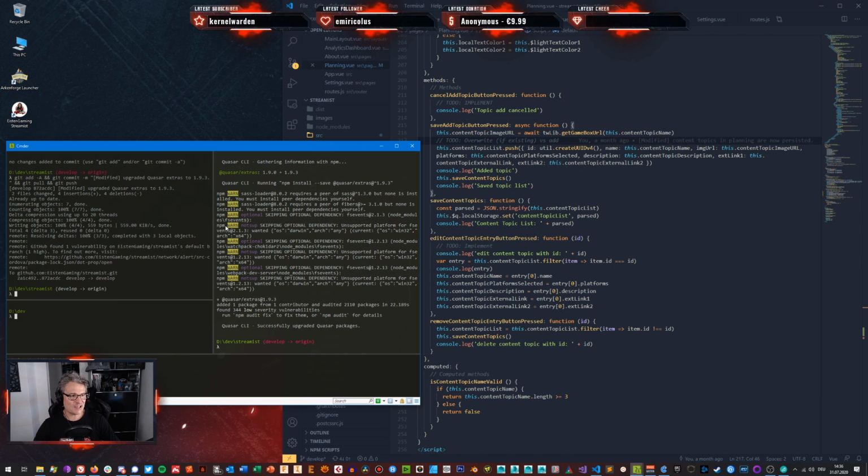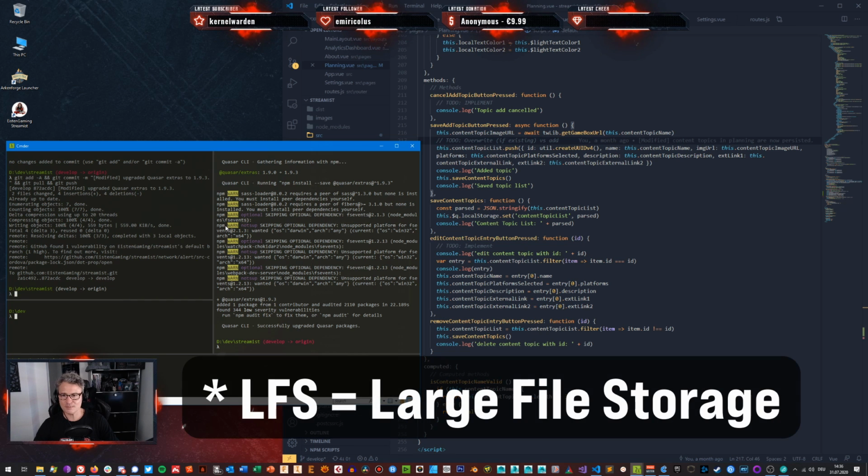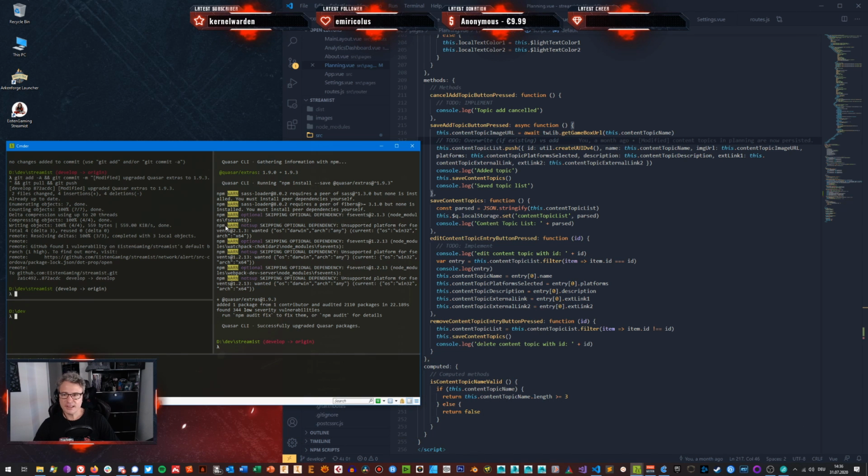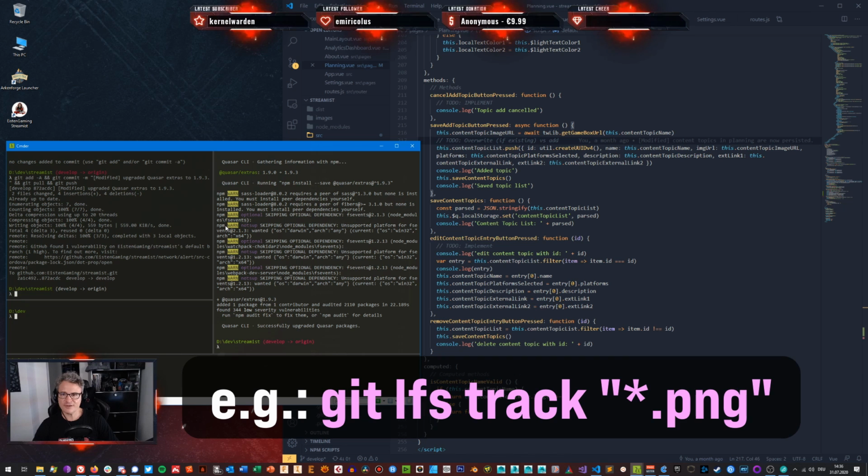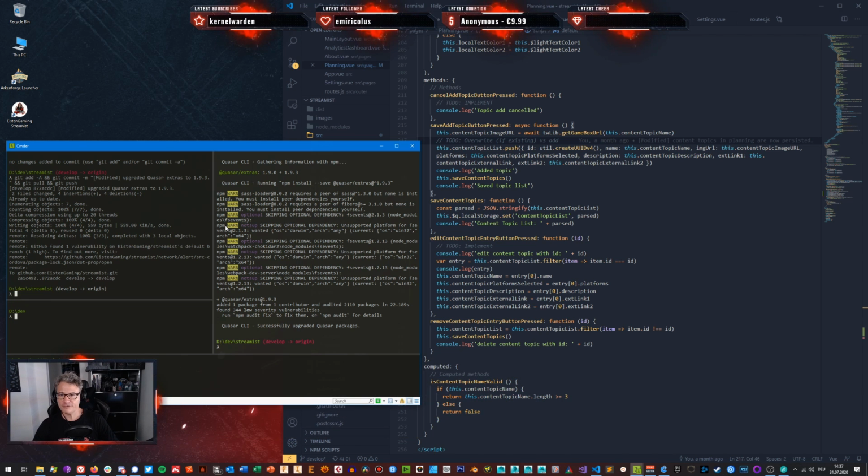I learned the hard way, so do it right. Install Git LFS, the large files plugin, and you're good. You need to tell Git which file types, which file endings, need to go into LFS. But there's documentation online. You will find that. Just use LFS if you go for Git and work with this repository.